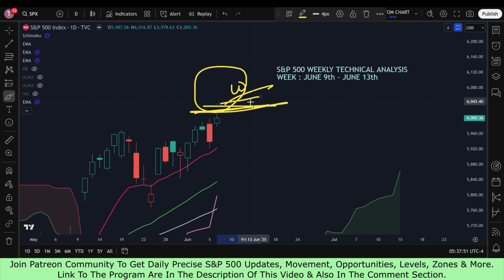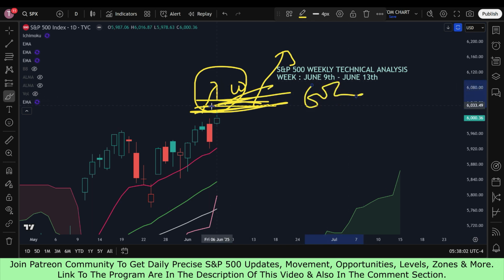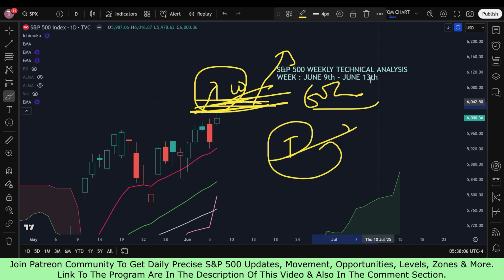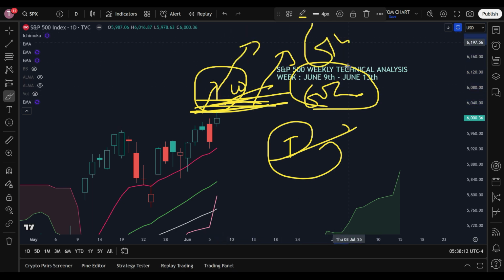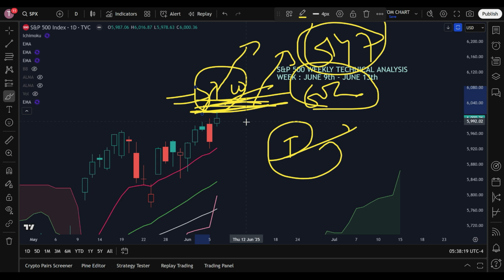In that case, if the S&P 500 sustains, holds, and remains in the 6,000 range, or around 604x, by Wednesday when the inflation data is released, then it will remain in a condition wherein we can anticipate more bullish movement towards the all-time high of 6147. So Wednesday will be very, very important, very, very significant.